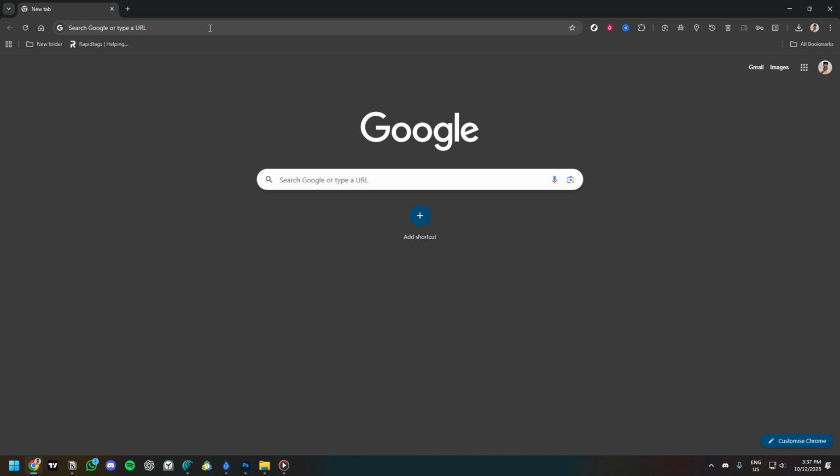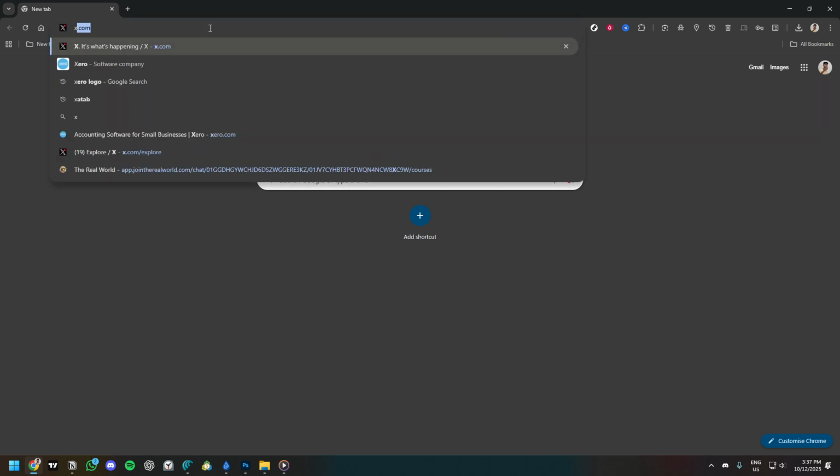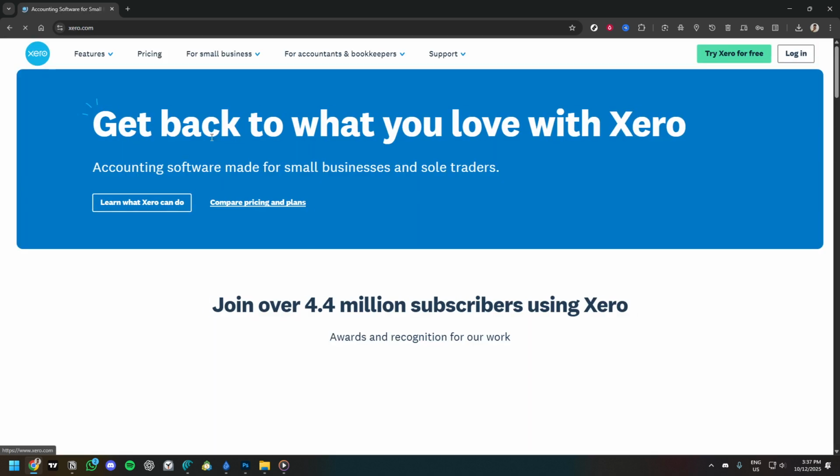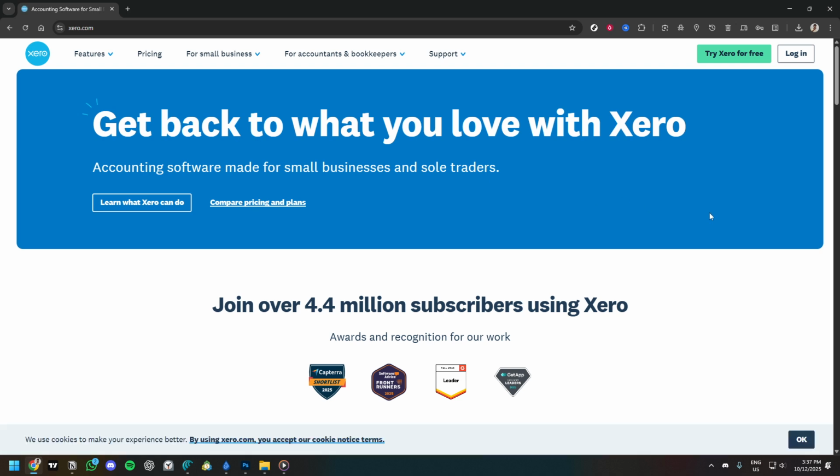First things first, we need to head to Xero. You can easily find Xero by opening your web browser and running a quick search. Type in Xero in the search bar and click on the result titled Xero, Accounting Software for Small Businesses. This will lead you to the main page of the Xero website, where you can manage various financial tasks for